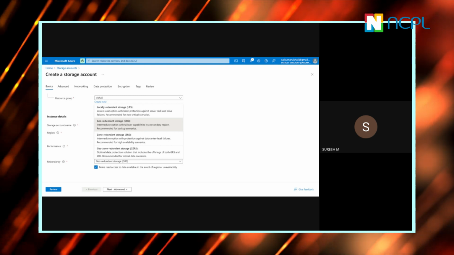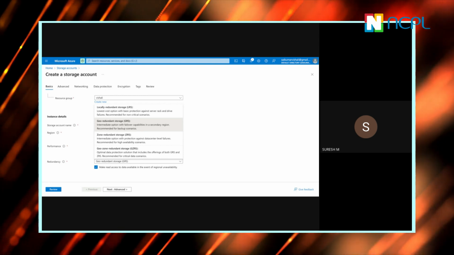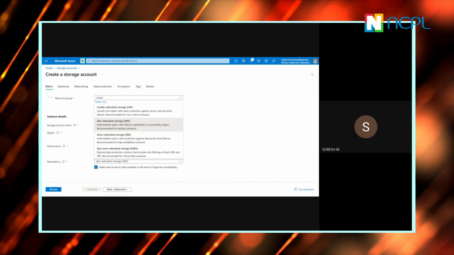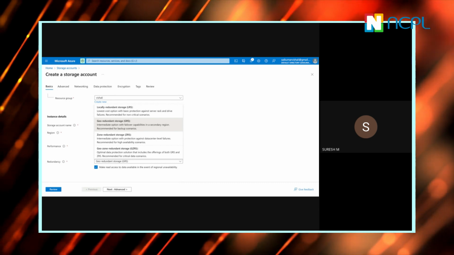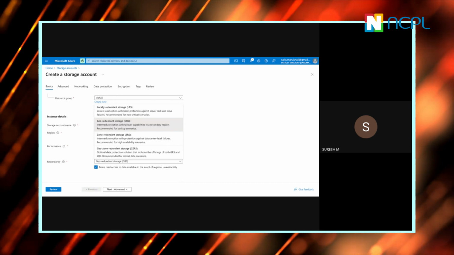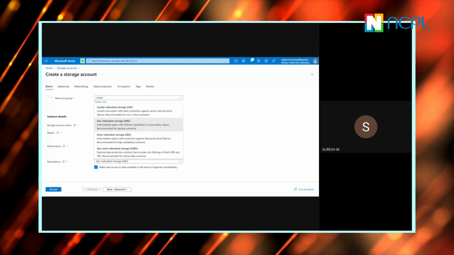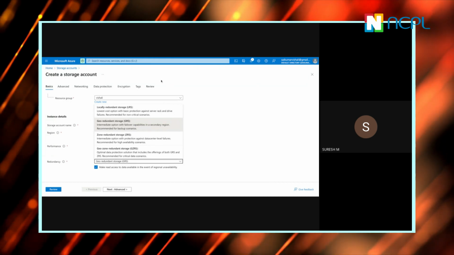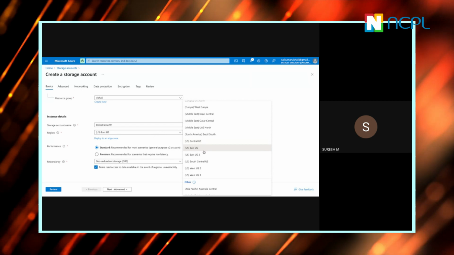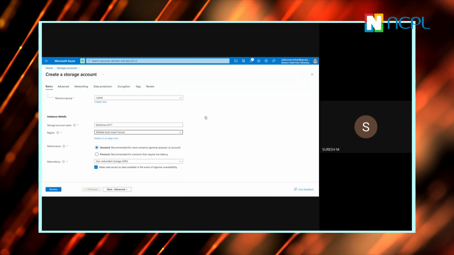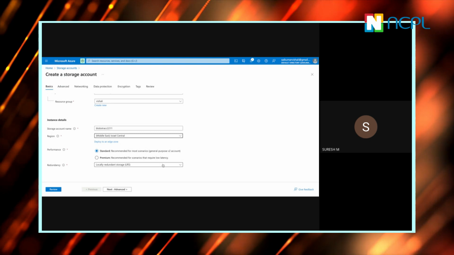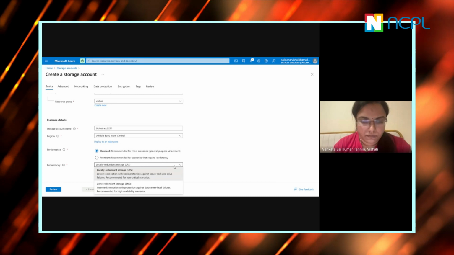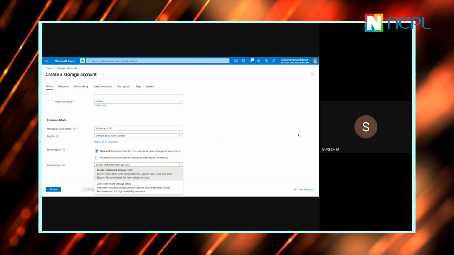Just to make you aware, your LRS, GRS, ZRS is again zone related. It's data center level failures. I'll also add this point: not all the regions will have these four services. Am I making sense to you? Not all the regions. Just go to some other region, shall we? Go to the region. Remove this. Go to some Qatar, something. You can now pick it up. How many options are you able to see? Only two. So if I don't have demand, why will I keep so many options?